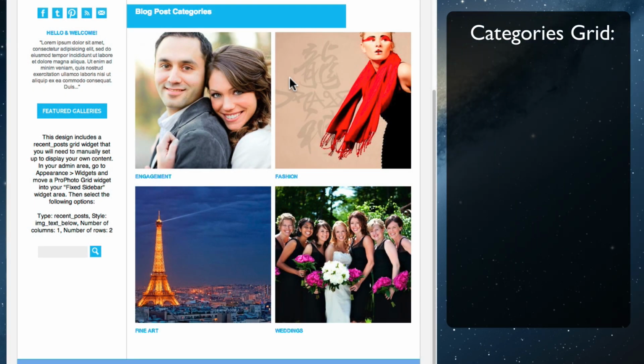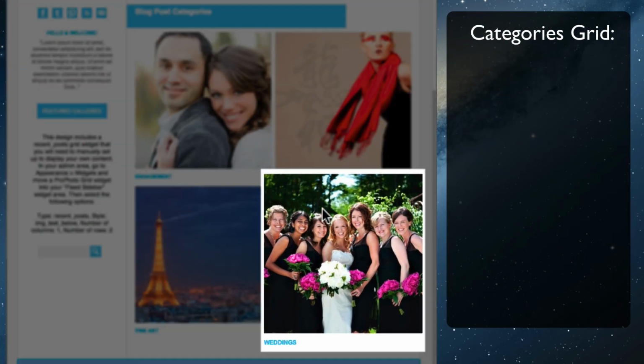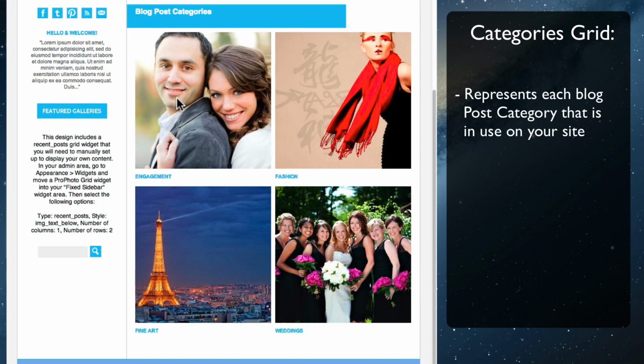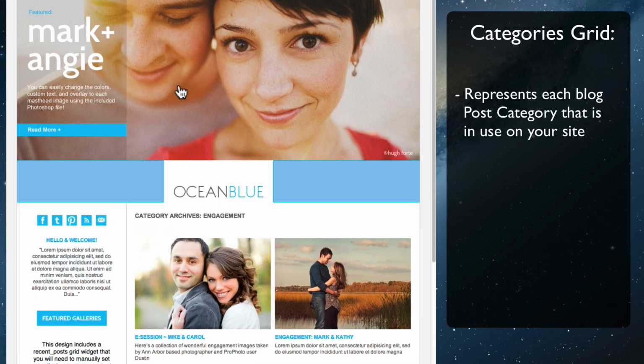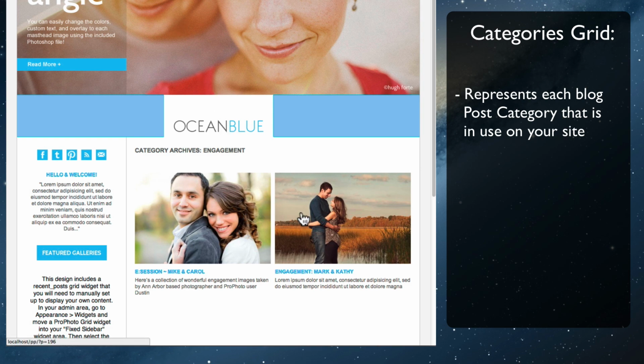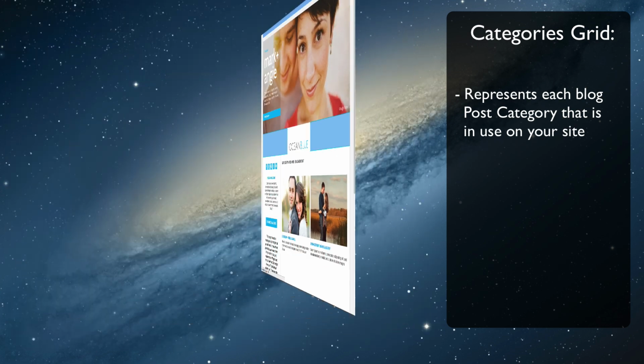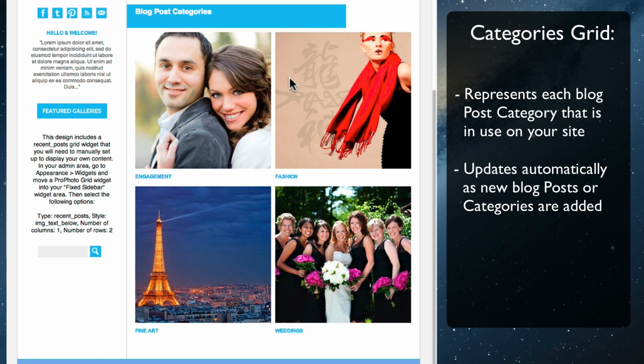A categories grid shows one grid item thumbnail for each of your blog post categories. The grid item link will take visitors to the requested category's archive page, offering a convenient way for your users to get straight to the category of blog posts that interests them the most. As you add new categories, ProPhoto automatically keeps this grid up to date, so it always reflects all of your